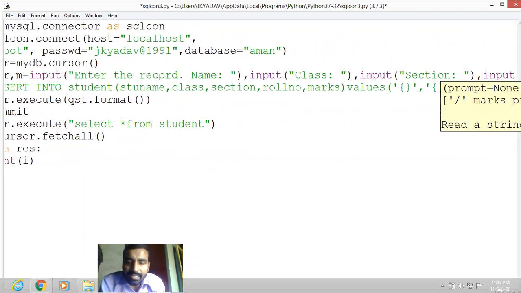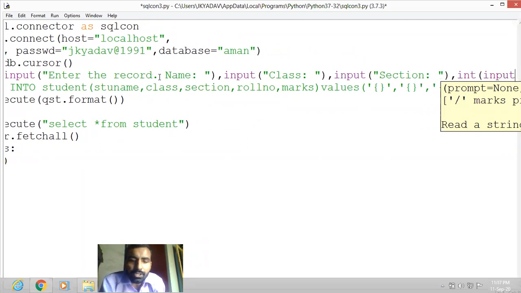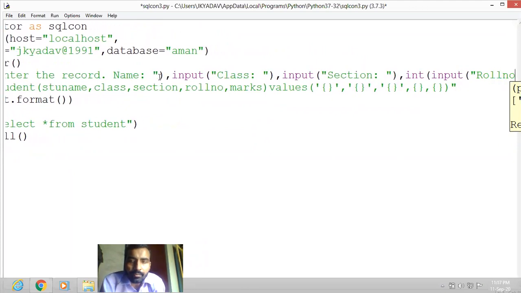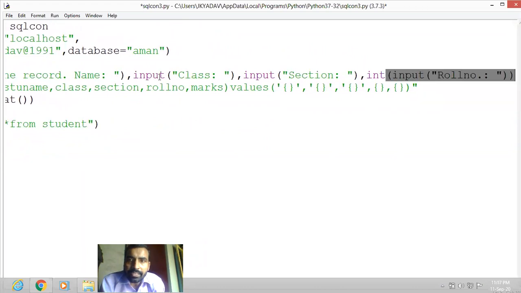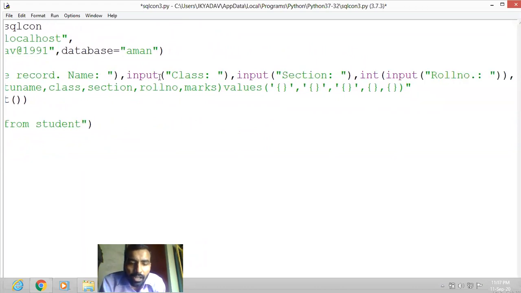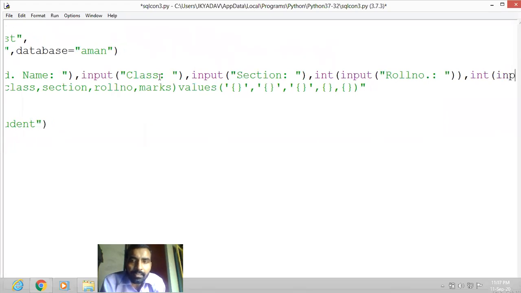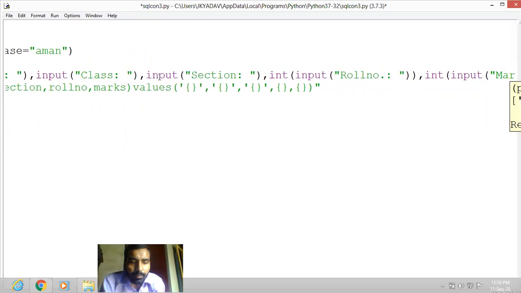Now after section there is roll number, so for this we have to write integer input. Integer input roll number, comma, marks also as integer, so integer input marks.